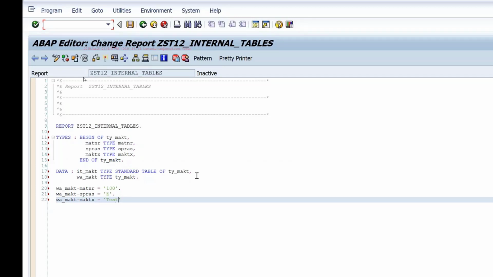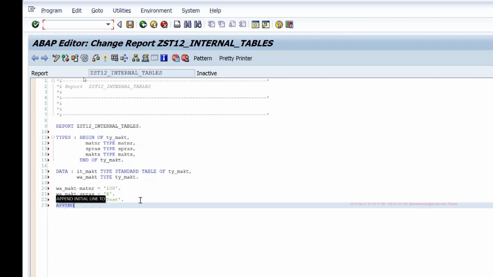Now I said that for standard table, by default, all the fields will be part of the key. So the primary key of this standard table is matnar spras MAKTX. And if I add this row to the internal table, if I say append WA-MAKT to IT MAKT, then this record will be added to the internal table.